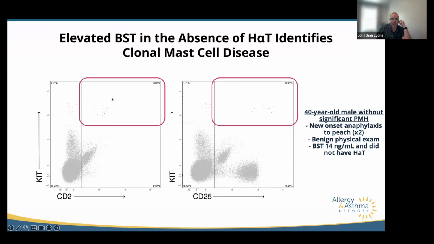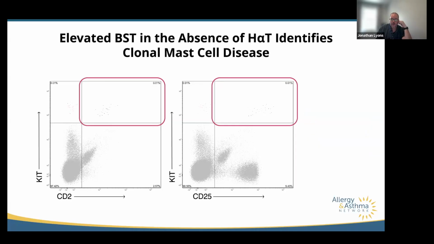And the ones that are stained for KIT positive in these 2 upper quadrants are all mast cells. You can see they stain very brightly for KIT. But also you can see 2 of those aberrant markers, CD2 and CD25, are also positive in about half the cells. So this is a clonal population of mast cells expressing these aberrant markers. And so this patient would meet criteria for monoclonal mast cell activation syndrome at the time. But he was also KIT D816V positive, so now he has 2 minor criteria, but he still doesn't have all 3, and his bone marrow otherwise didn't show any aggregates or abnormalities.